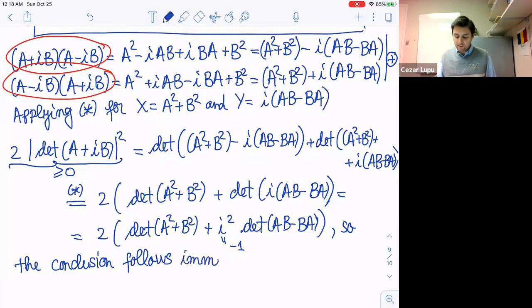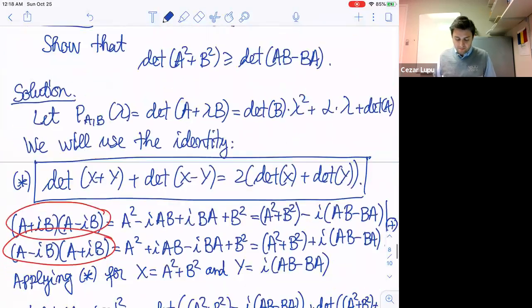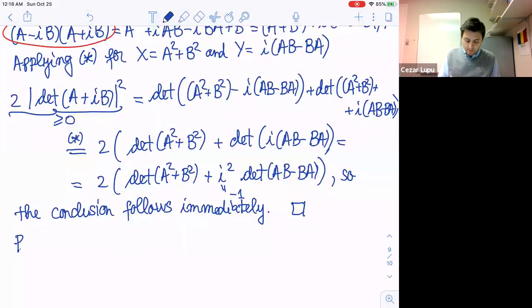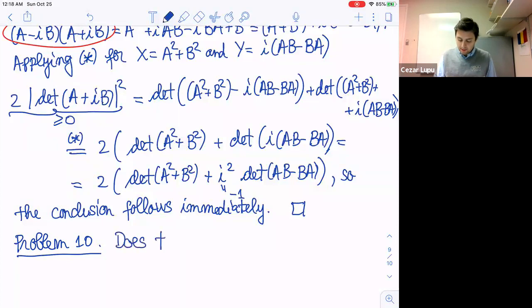Anyway, that was a very tricky problem, I would say. Very tricky. But now let me point out a remark. So the question here, let's say problem 10. Let me put this as a problem. Well, does the inequality still hold true? Does problem 9 still hold true